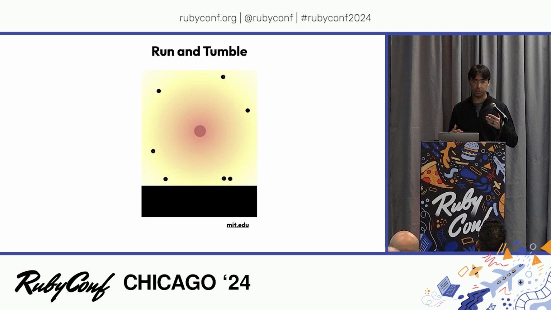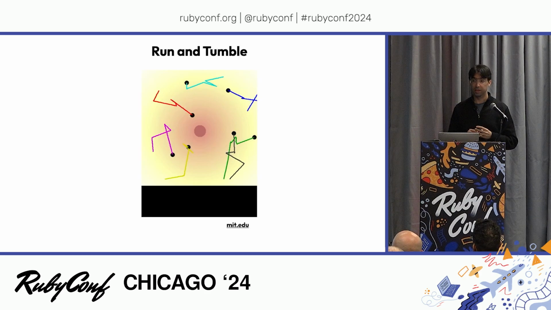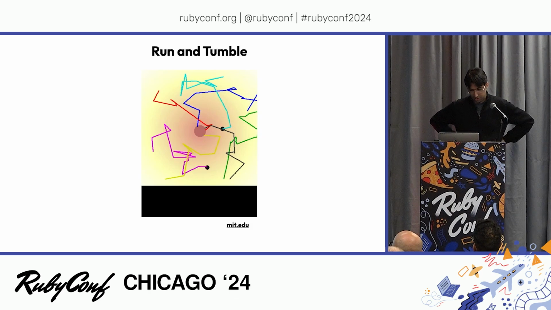So what it will do is tumble. Instead of moving its tail clockwise, it will move its tail counterclockwise, and that will spin it in a random direction, and it will start all over again. Then it will do a run, move forward, sense its surroundings. Oh, it's heading in the right direction. If it's not, it'll keep doing a run and tumble. So visually, this is what it looks like. They don't necessarily know where they're going. They keep trying, right? And then at some point, they'll get to their destination.